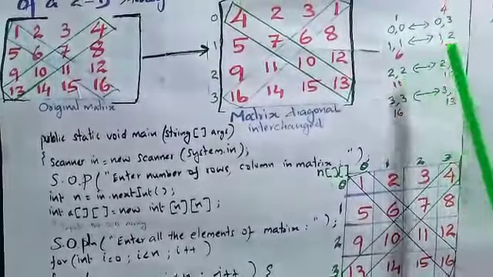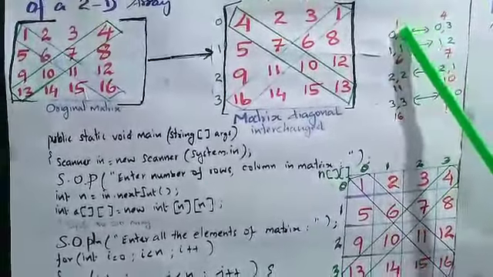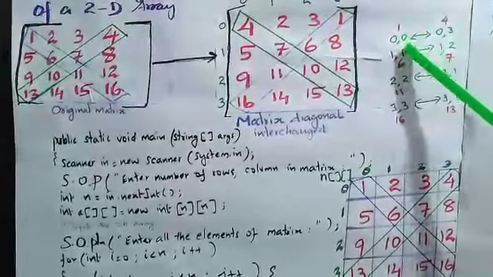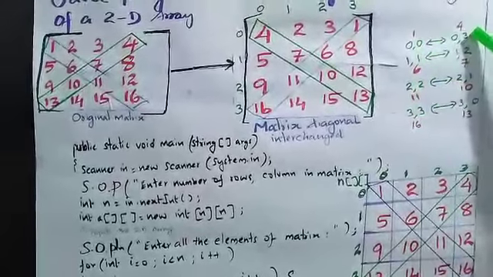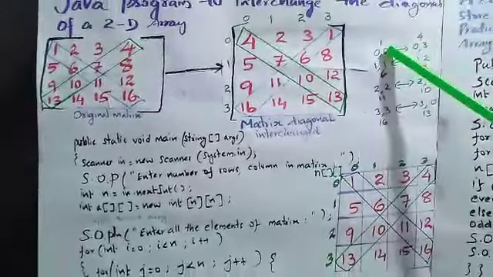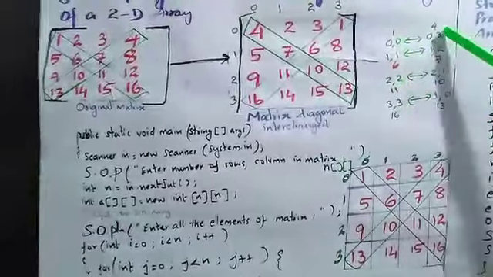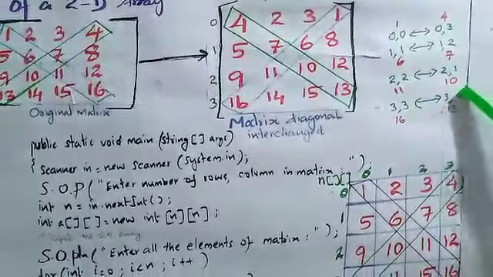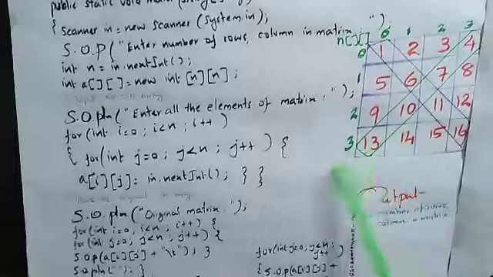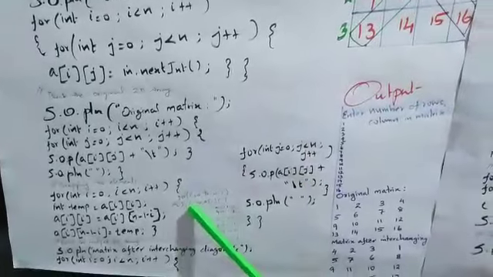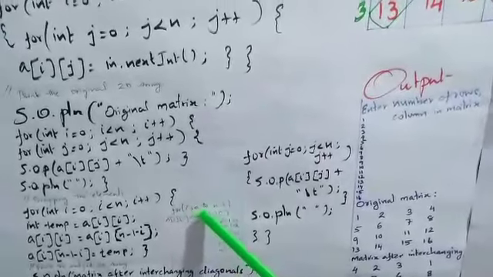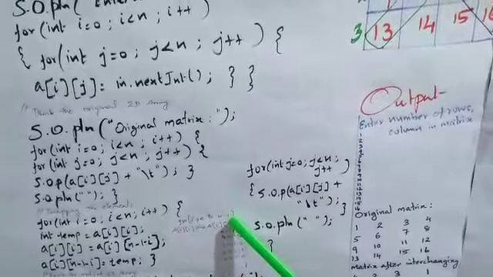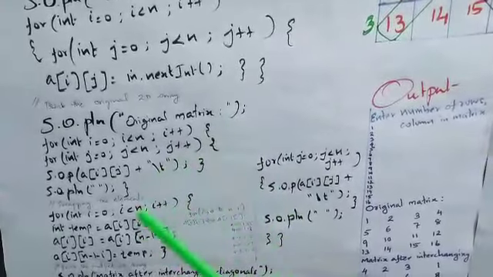So we are focusing only on which part? The column part. See the column part: 0 1 2 and 3. Here the column part is 3 2 1. Here the column is increasing and here the column is decreasing. So for that purpose we are using one formula. Which formula? For i from 0 to n minus 1. Now that formula will be applied here.